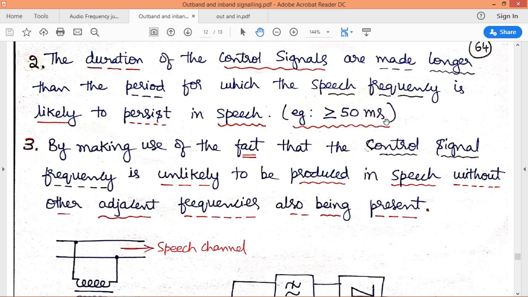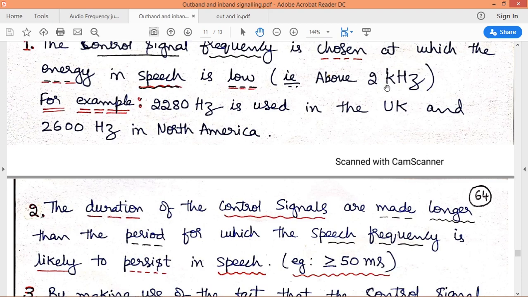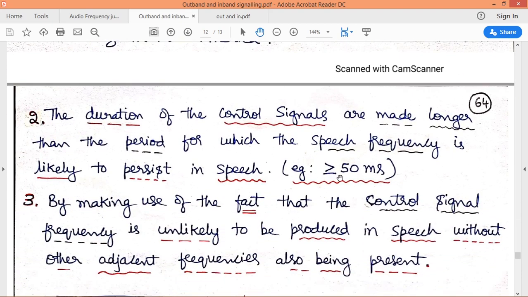than 50 milliseconds. Generally the speech signal will not produce a particular frequency greater than 50 milliseconds. That's why we will make use of control signal operating at a frequency greater than 2 kilohertz, and the time duration of that particular control signal should be greater than 50 milliseconds. Otherwise if it is smaller, then the switching equipment may understand this is a control signal,